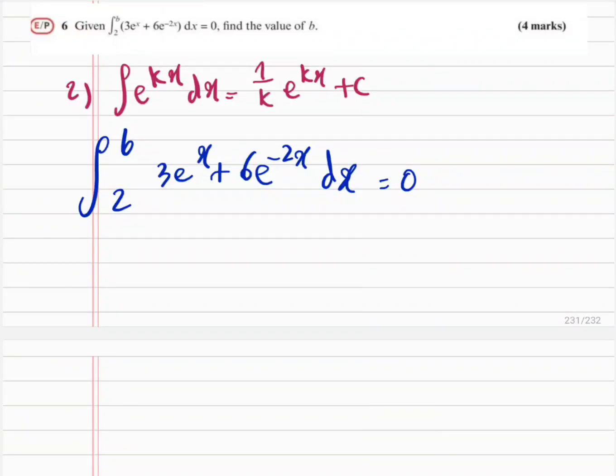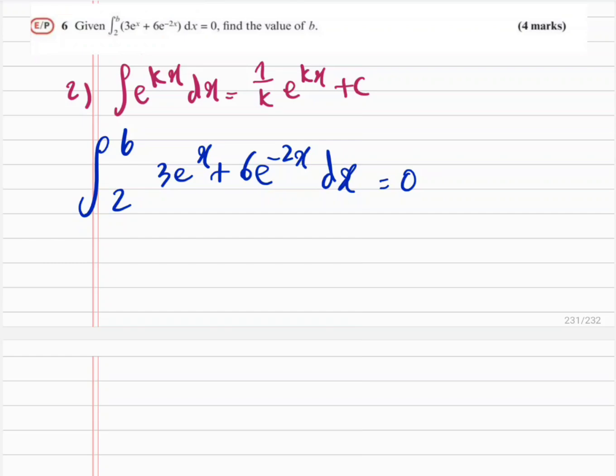Hi everyone, this video is on exercise 11 and question 6. So we are given this integral which is equal to 0 and we want to find the value of b. Okay, so we first need to integrate the left hand side, and then by solving the equation of the function that we get from the left hand side equal to the right hand side, we can find the value of